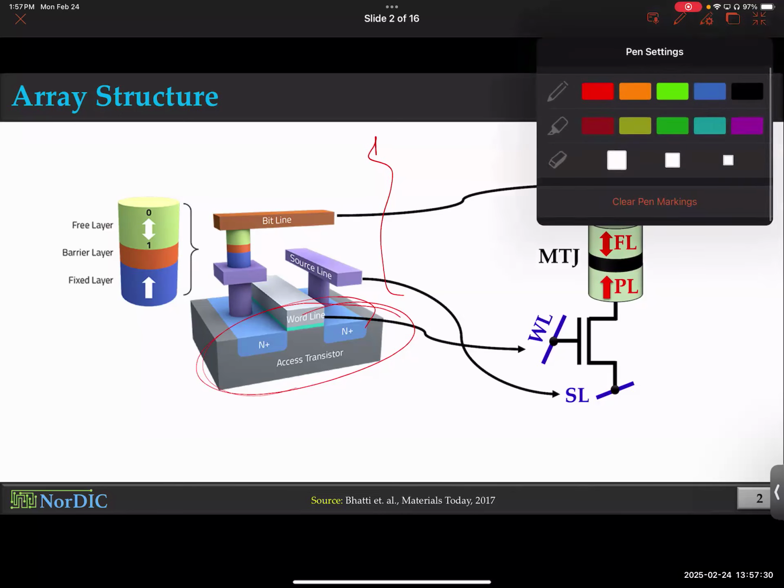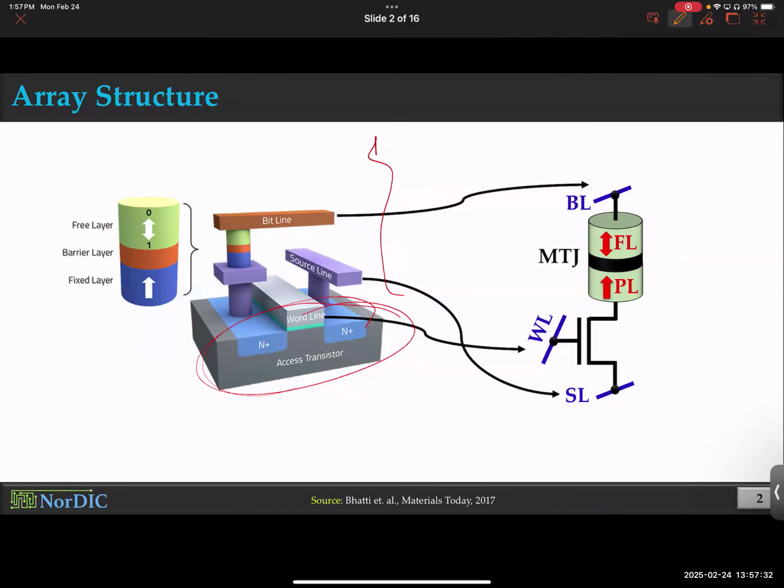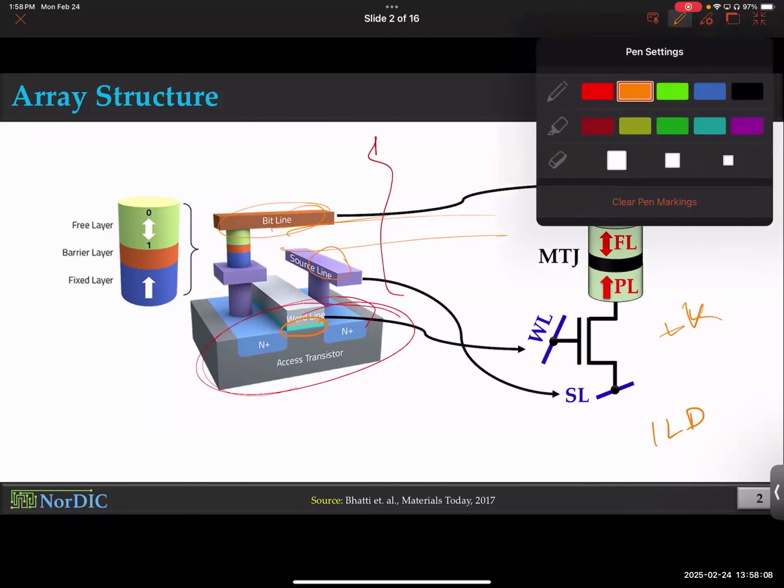I mean, this is a tangent, but I can just fill it in a little bit quickly. So imagine your source line and bit lines, they're not going to be dangling and hanging like this, right? There has to be some sort of mechanical support. So we fill the section in between different metal lines with oxide. Okay, we call them ILD, interlayer dielectric, or in some textbooks, they will say LK, low K dielectric. For the oxide inside the transistor, we use high K, but for the oxide between different metal layers, we use low K, so that it has the least capacitive coupling. Anyways, getting back to the point,